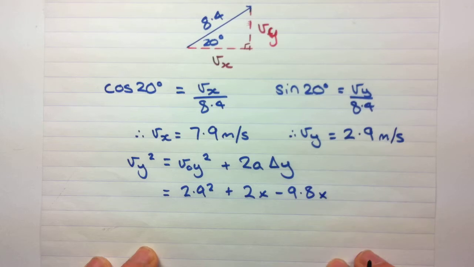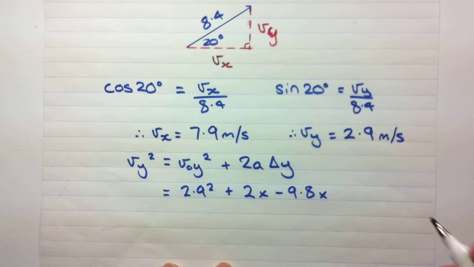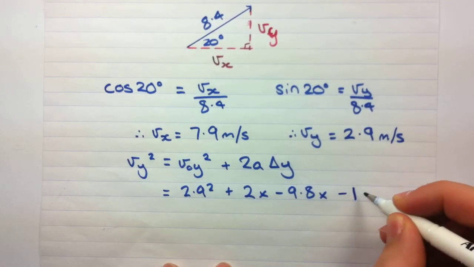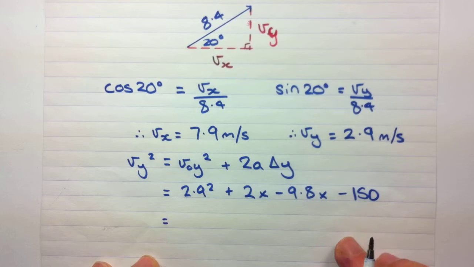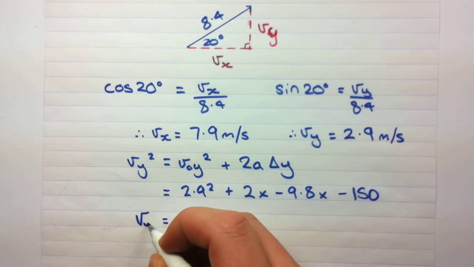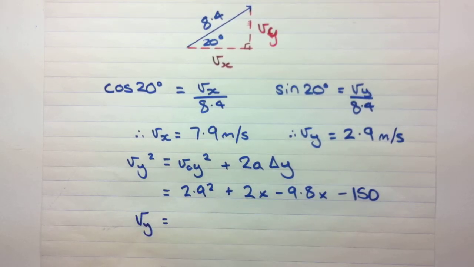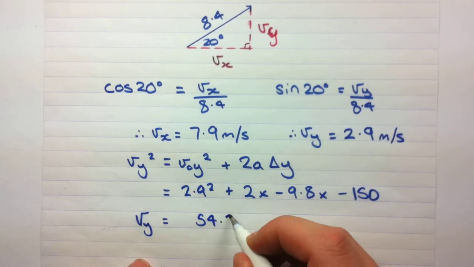That's gravity. And the change in displacement in y, we started at the top of a 150 meter cliff and we ended at the bottom. So we actually went down by 150 meters. So that minus is really important. That'll trip a lot of people up in the exams, so really pay attention when it comes to pluses and minuses. Okay, so type that all into our calculator, take the square root, and we end up with Vy equals 54.3